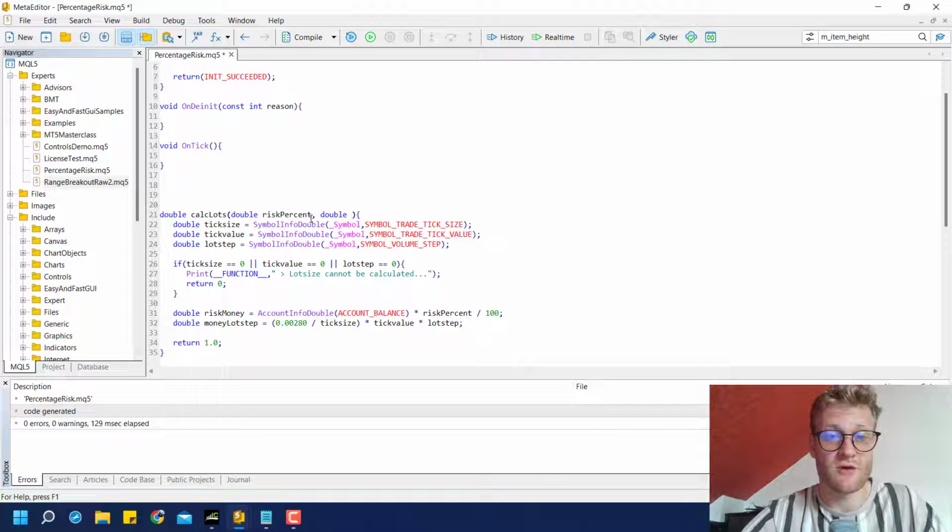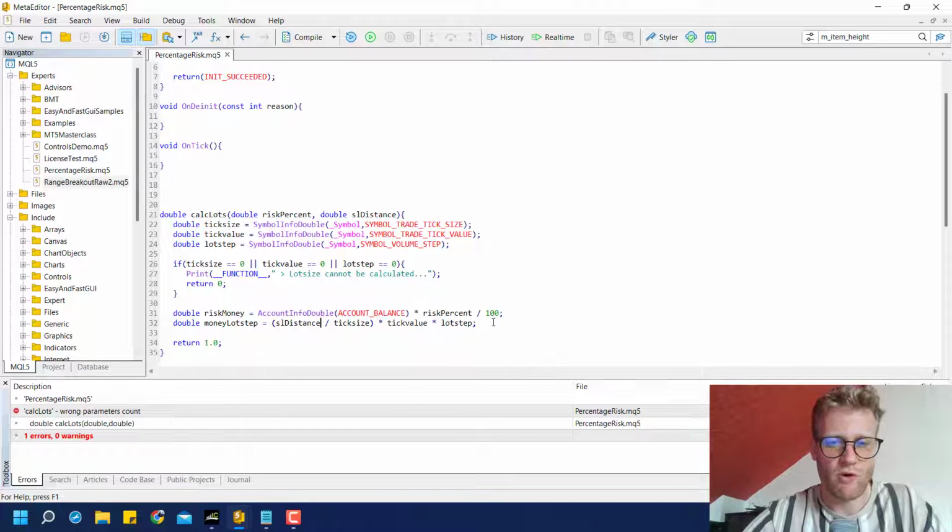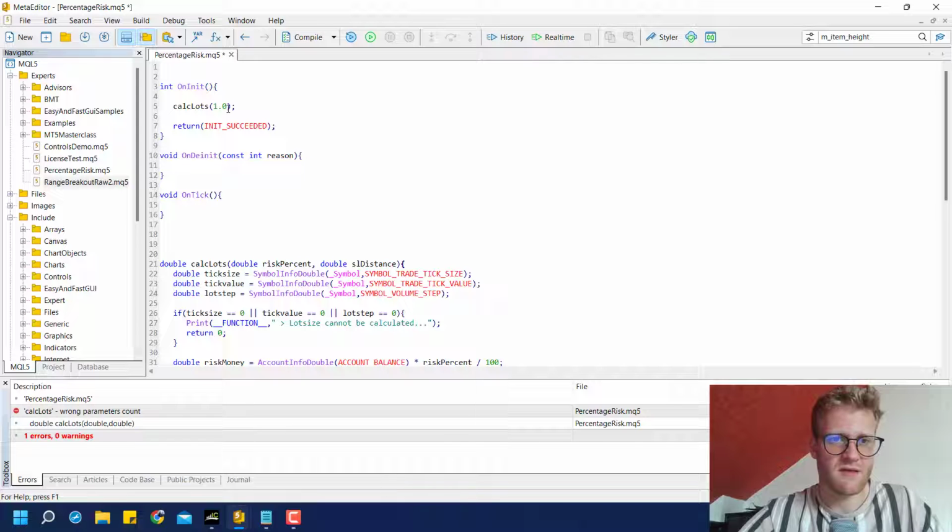So we say something like SL distance. And we can add the SL distance here. So if we compile this, we will now have the risk for the smallest lot step. So if we print this, or let's print the two values here, the risk in money and the money lot step. And of course, we will have to add the distance here. Let's stick to this example, 280 points or